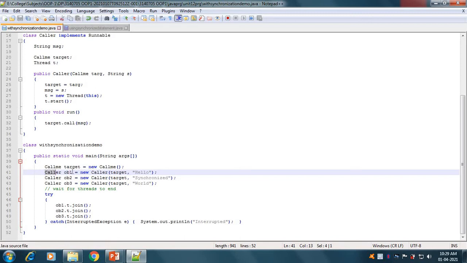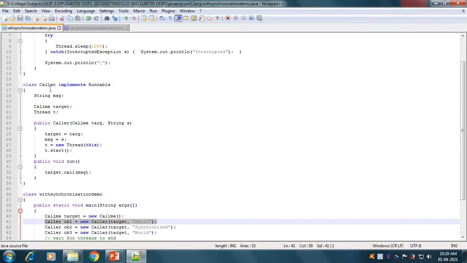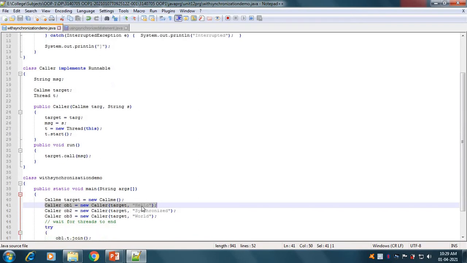Target is an object of the Callme class. So if we create an object ob1, it will call the constructor of the Caller class. Here in the Caller class there is a constructor Caller. Here we are passing an object, that is target, and a string. For the first object it will be hello, for the second object it will be synchronized, and for the third object it will be word.